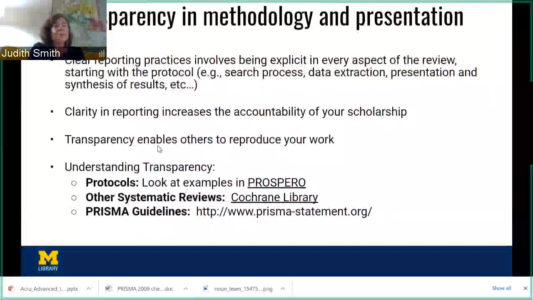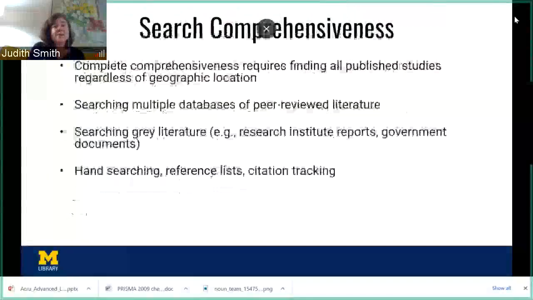So that is a quick overview of what the attributes are of being systematic in approach. If you were choosing to do a formal systematic review, you would need to meet all of the criteria that I just mentioned.